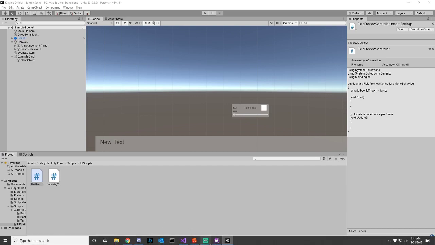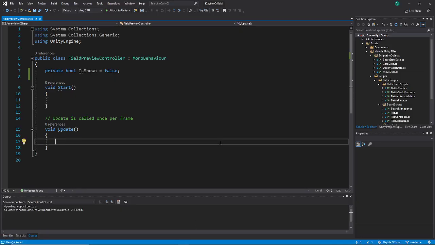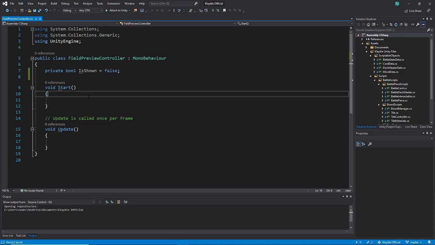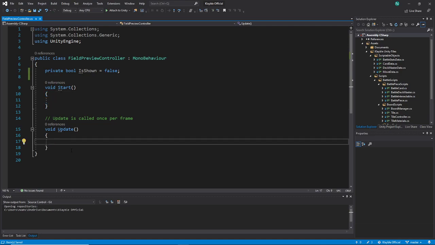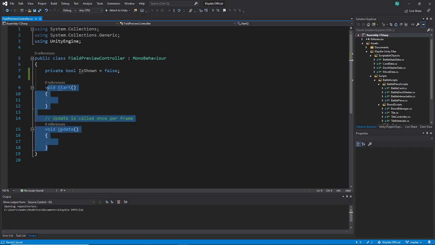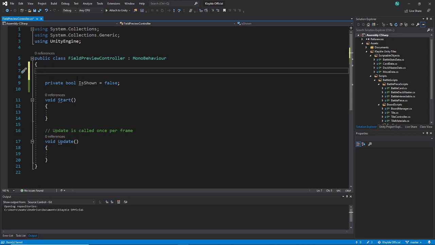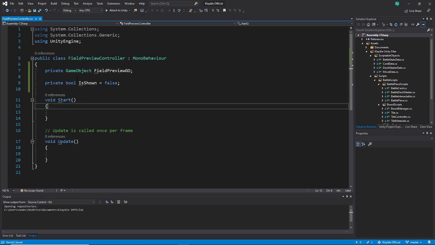Okay, that fixed itself. There's some strange text happening in my game preview window. Not entirely sure what that was about. So I'll definitely need a boolean for whether it's shown or not. More importantly, I'm going to have a private game object that represents the field preview game object, and